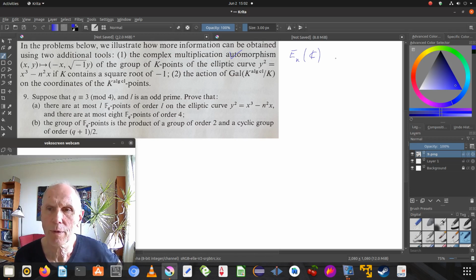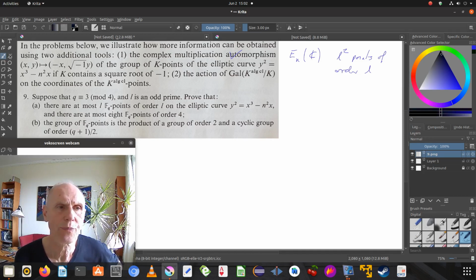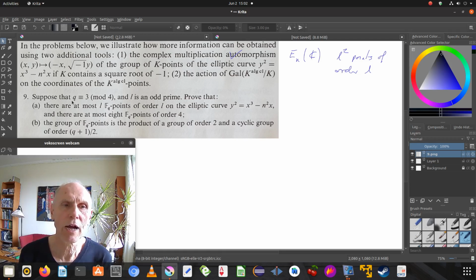We have L squared points of order L, and in K there may be fewer, because the polynomial determining the points of order L may have reduced degree, because some of the high coefficients may map to naught in F_q. And so we have at most